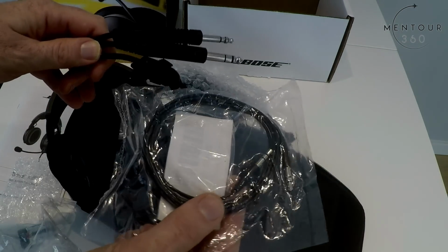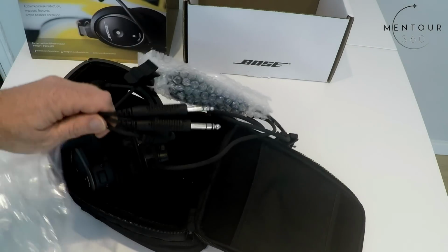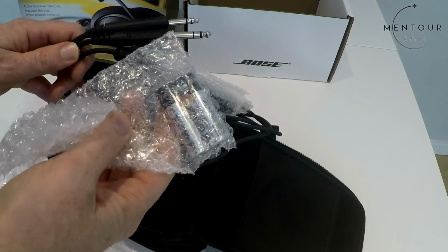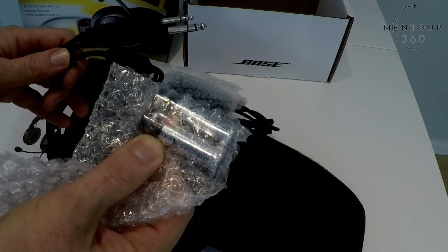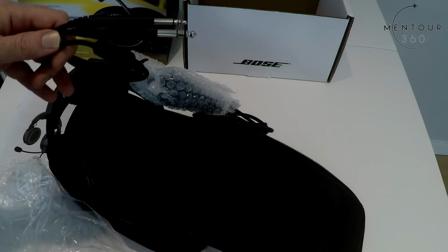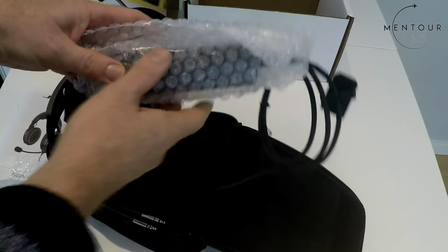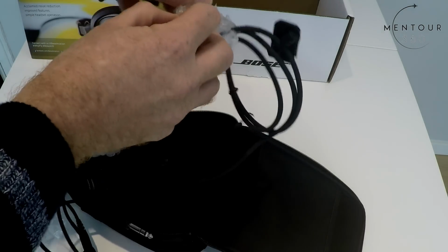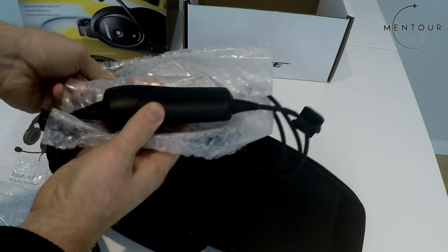I haven't actually read the user manual for this yet, so I'll keep that on the side for now. And something that shows that it's a serious company we're dealing with, they're actually bringing the AA batteries for the remote control that is needed in order to operate the headset. This here, which is very, very neatly packed, is the actual